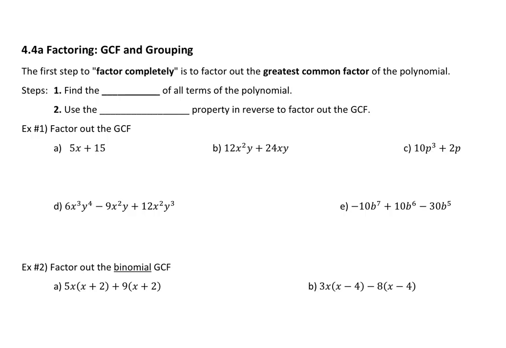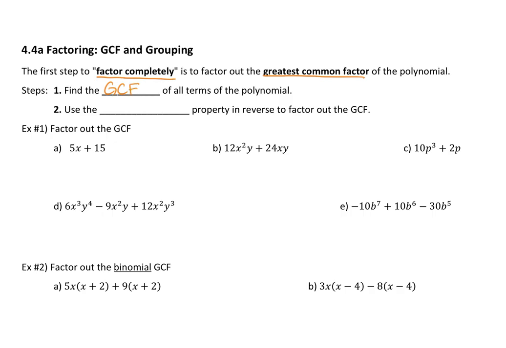Anyone remember what a GCF is? Yeah, it's the greatest common factor. So, factoring, okay? Whenever we tell you to factor completely, the very first thing you should do on every single problem, okay? This should be your go-to first step, is to look for a GCF, a greatest common factor. So, in other words, look for something that every term in your polynomial is divisible by, is one way to think about it, okay? So step one, you are going to find the GCF, greatest common factor of all the